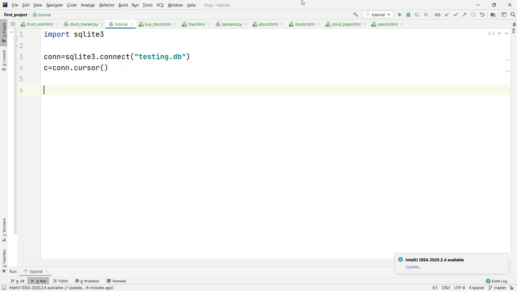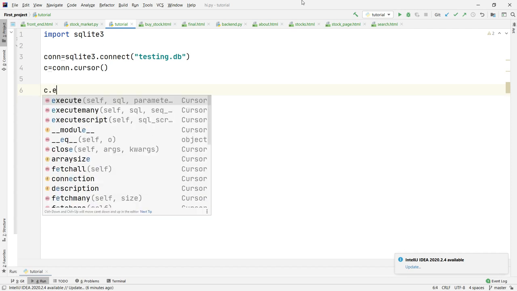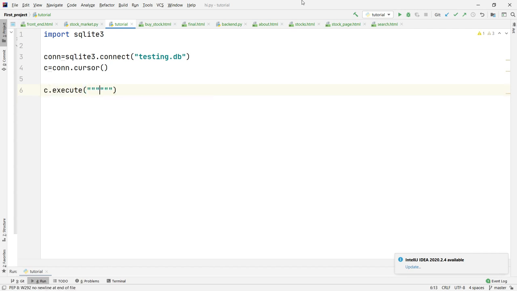And then what we have to do to create a table is type in c.execute, and then we're going to use multi-line comments, which just need three quotation marks on each side, and then we're going to tap enter out a little bit. And then what we have to do is all caps: CREATE TABLE, and then the name of our table, which in this video I'm just going to call tutorial. So we're going to caps out tutorial,